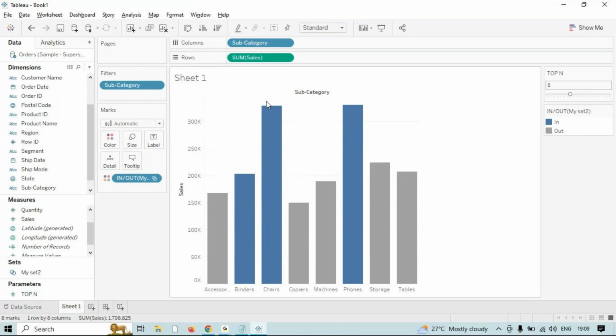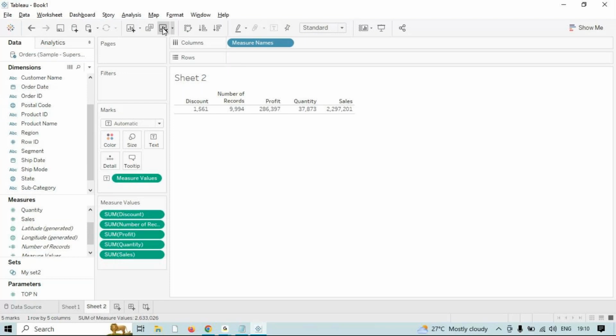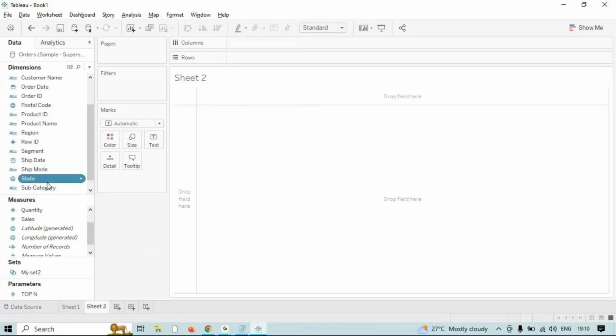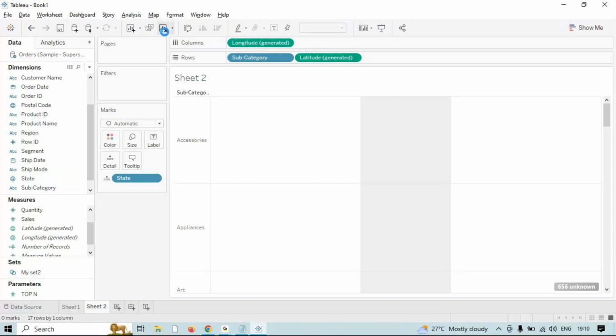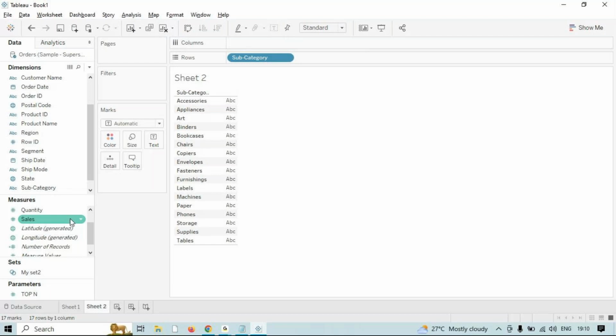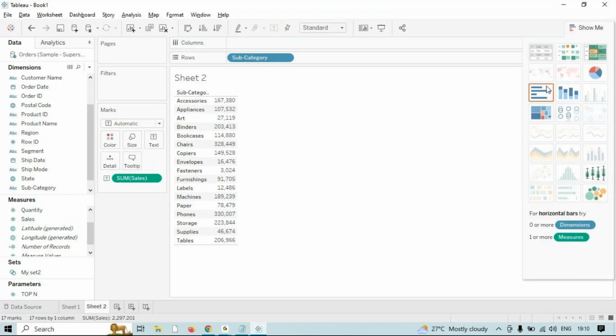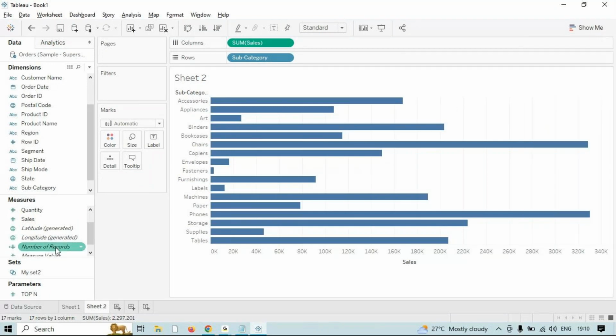Okay. So now I'll clear the entire sheet. I'll also go for a new sheet. So on this screen, I'll use subcategory here and sales. Now I've got this screen, and from the left side,